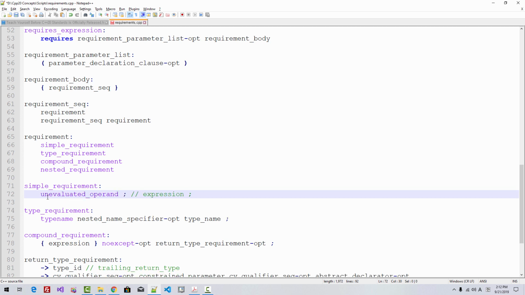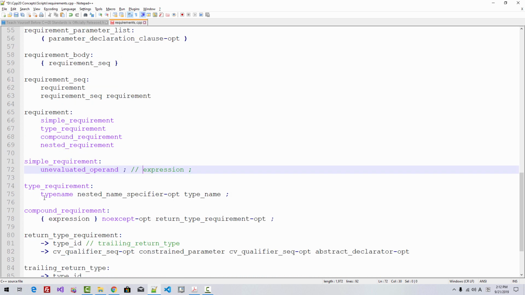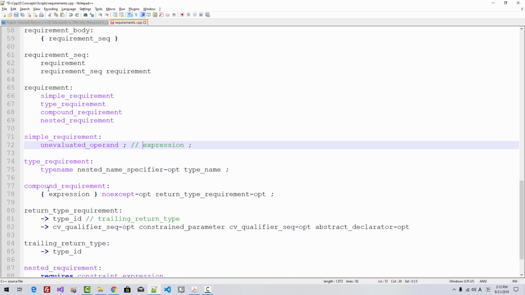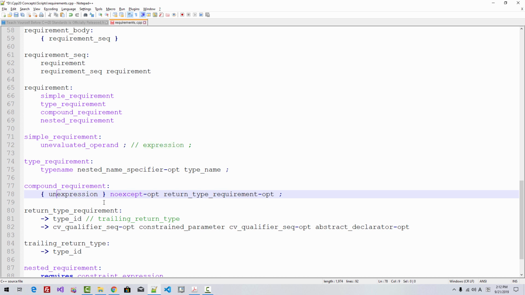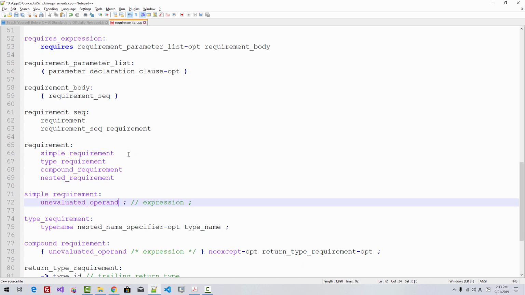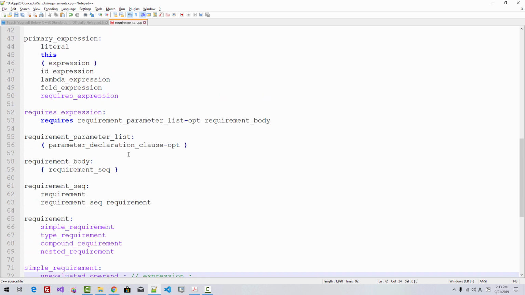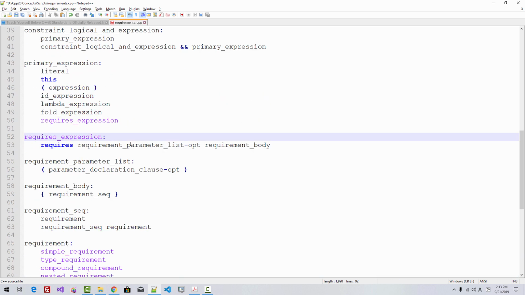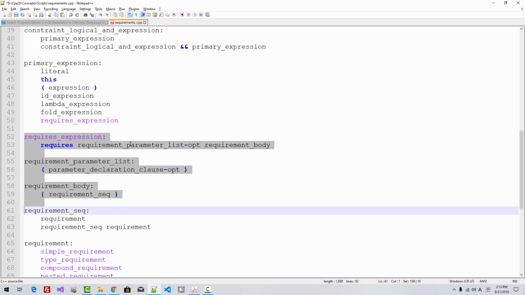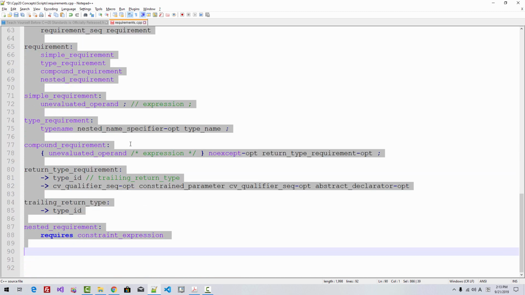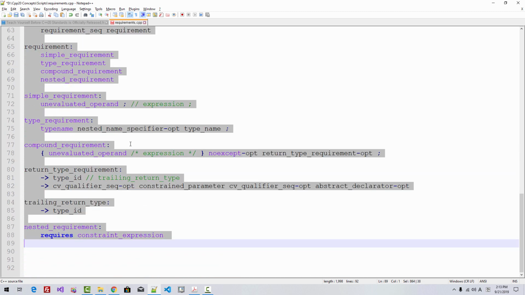I will fix it like this. Also, the expression in the compound requirement block should be unevaluated operand. Now I will copy from here and scroll down up to this point. I copied